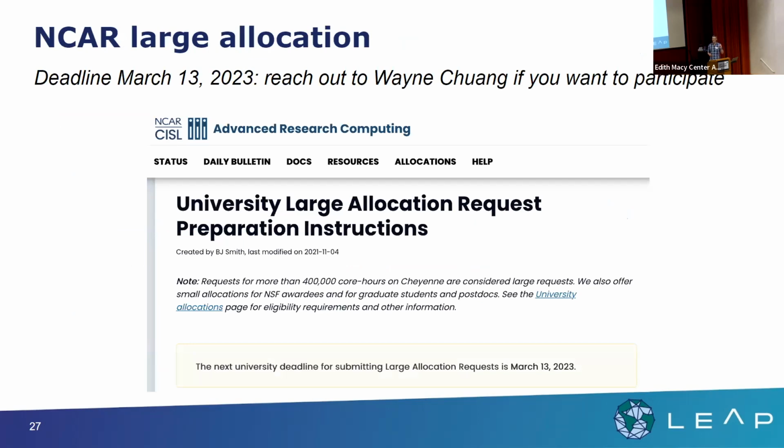We're also starting to plan towards computing for LEAP. One of the things we can do within LEAP is apply for the large allocations on the NCAR supercomputers, Cheyenne and, coming in June, Derecho. That allocation request is available twice per year, and in general these things get granted at some level. We will get some resources if we apply for it.